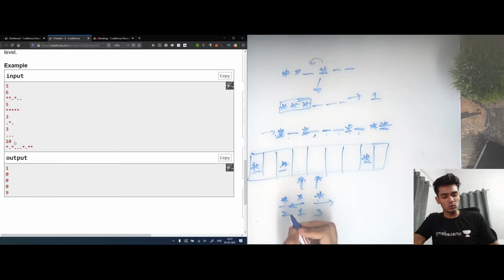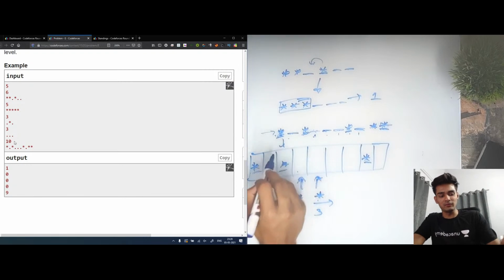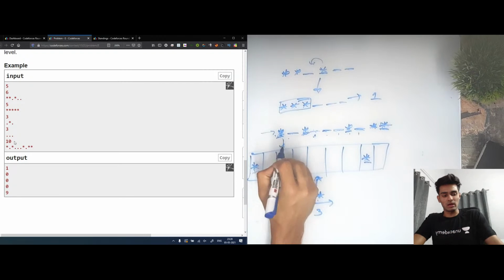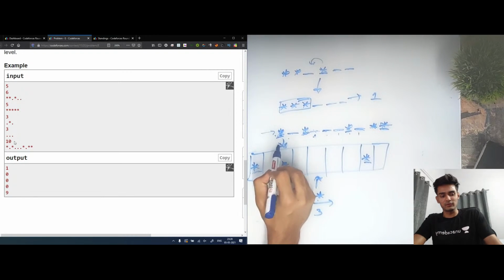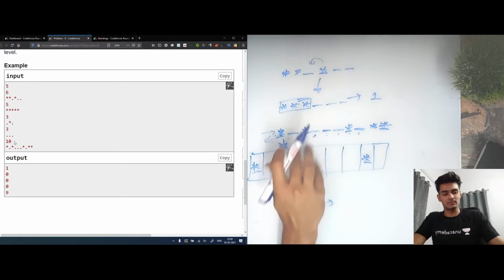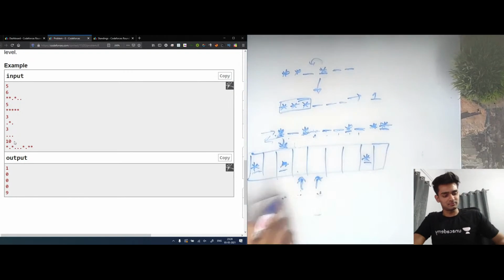So what we need to do is, for every index, find the left value, which means the sum of all the values that all the sheeps need to move in the left direction. Basically, if we are at this index, the left of this index will have all the sheeps starting from this index in the left direction. And similarly for the right direction also, we need it for every index. Now how to calculate this?